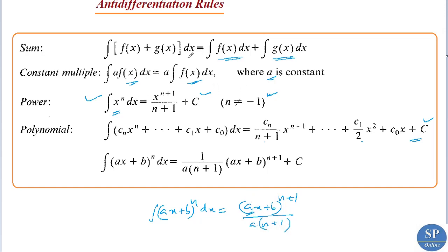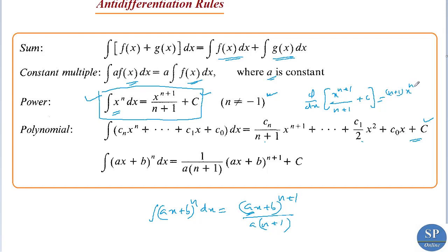So if we need to prove this, we can just use the differentiation of the functions on the right hand side. For example, if we have to prove this, you just differentiate this. If you are differentiating this right hand side, we have d by dx of x^(n+1) divided by n+1 plus c is equal to, we know the derivative of this is nothing but (n+1) into x^(n+1-1), that is x^n, divided by n+1 here, plus derivative of c is 0.